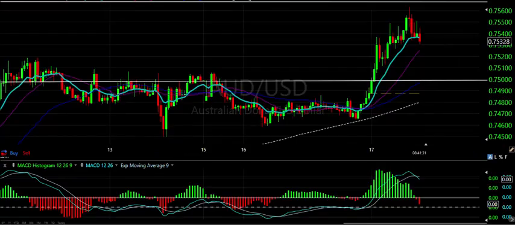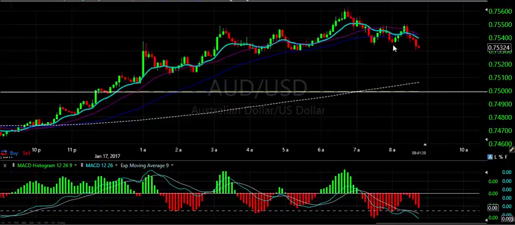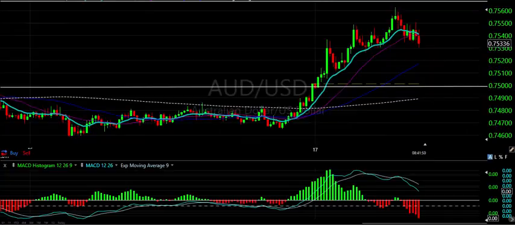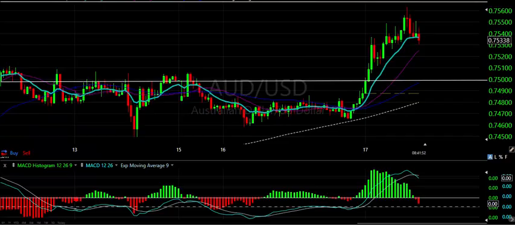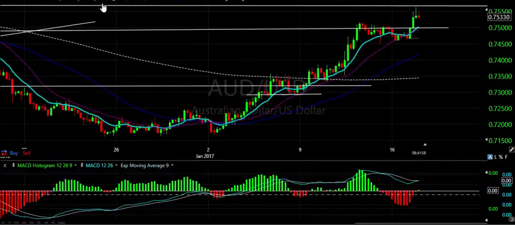If we look at the 30-minute chart, let's go to the 5-minute chart. On the 5-minute chart, we have a pretty good setup here in terms of a short. You might have missed it by now, but who knows? It still might be worth placing a trade on the 5-minute. On the 10-minute as well, it doesn't look too bad. On the 15-minute, also not too bad. 30-minute, okay. So at this stage on the 4-hour, you would be placing your trade either to sell short, or